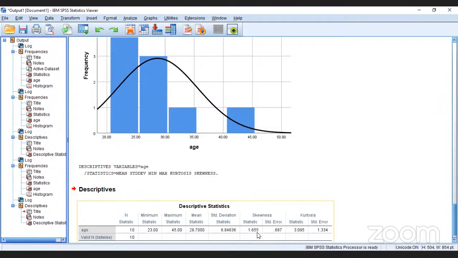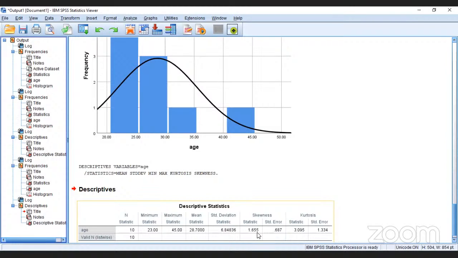The parametric statistical tools follow the assumption of normal distribution. So when your data is not normal in nature, it is better not to use the